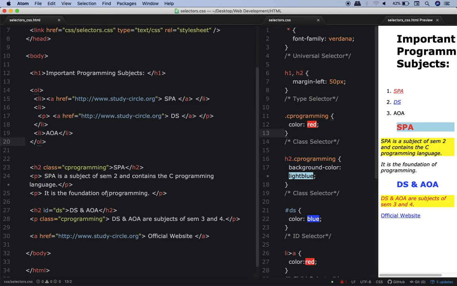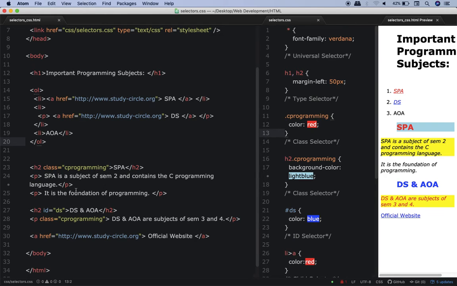So over here, line number 23, SPA, this one. Then line 28, see this C programming. So over here also I have red color. Do you understand this? And what about this red color, that I'll tell you very soon.